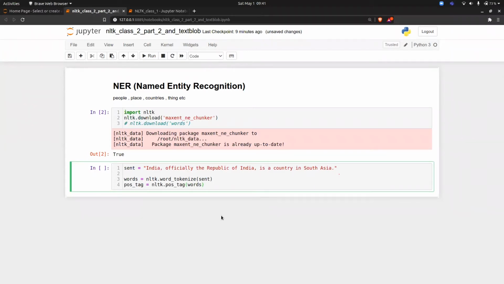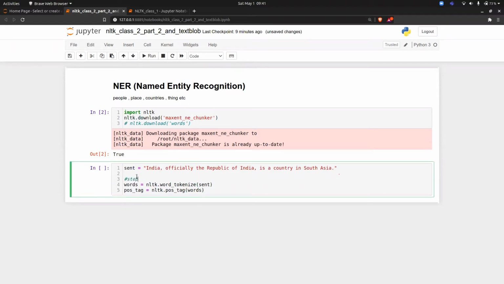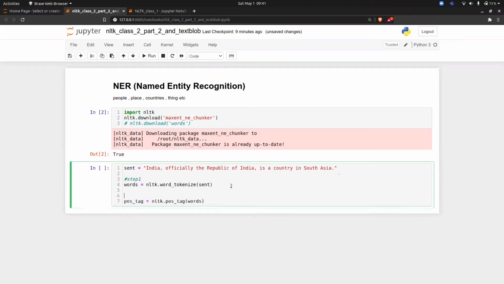Now here comes the not-so-tricky part, but when you have to do NER, that is named entity recognition, you have to follow these steps. This is the first step, step 1. Then step 2 is POS tag. This is compulsory. You have to find a POS tag, and then we call something called ne_chunk, named entity chunk.